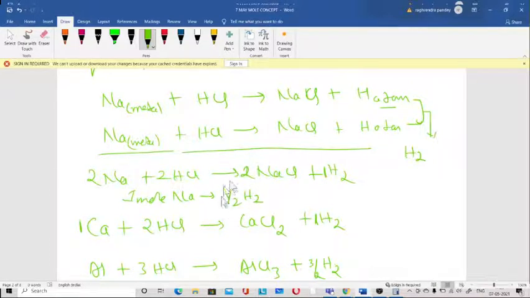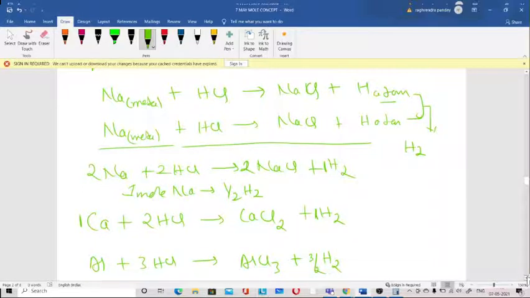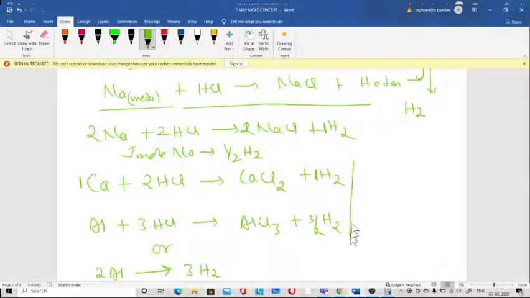Half mole of hydrogen means that we need 2 sodium to produce 1 mole of hydrogen. Calcium means 1 mole of hydrogen. Got it. So just for the sake of understanding, I am writing